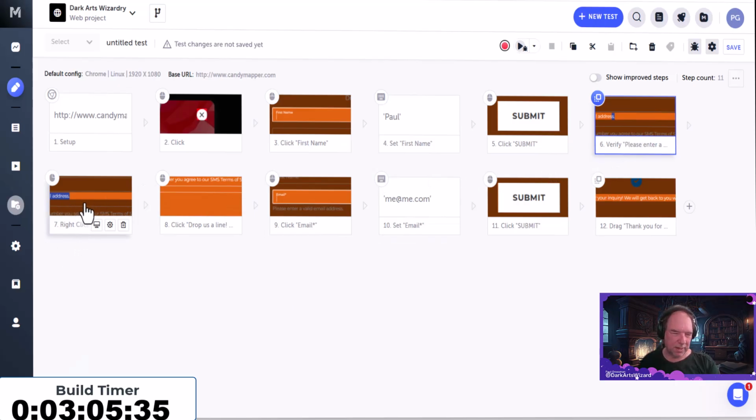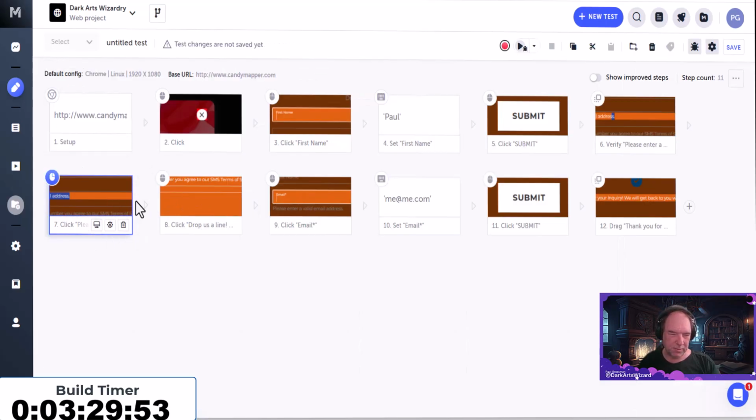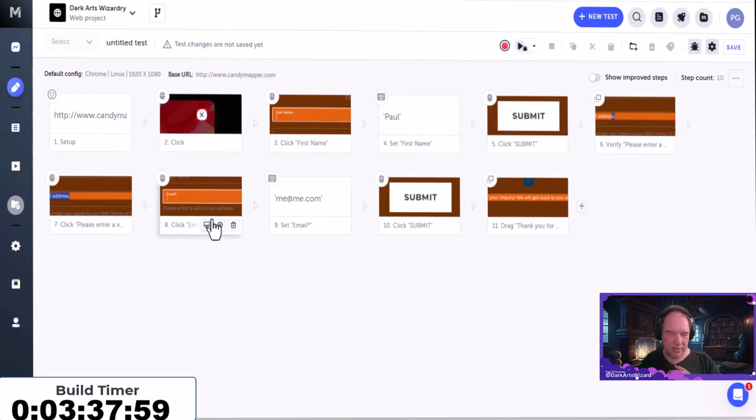Then this says there's a right click on this. It really didn't do a right click. What did it actually say it's going to do? It says right click on please provide a valid email address. That's fine. It's not really right clicking on it. It's just clicking on it. I don't believe I did a right click at any time. And we will go back over here. And this one is a drag and drop, so we'll delete that. We just need to click on the email, enter me@me.com, click the Submit button a second time, and then